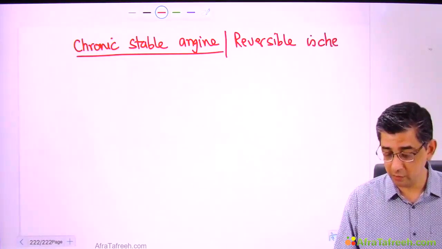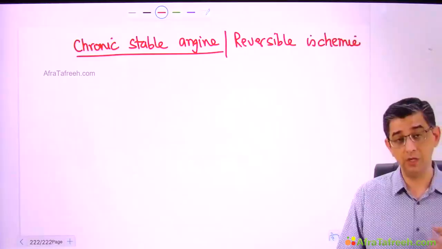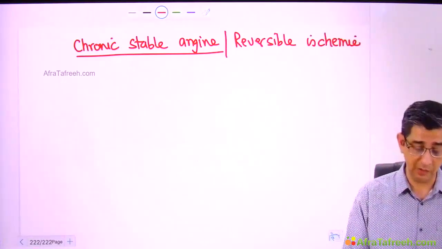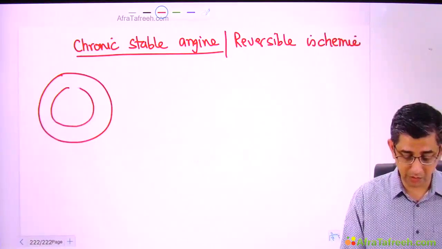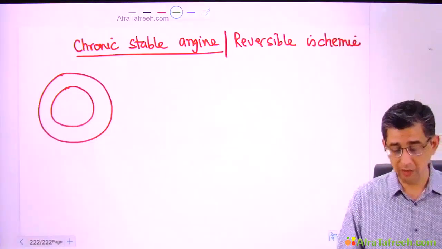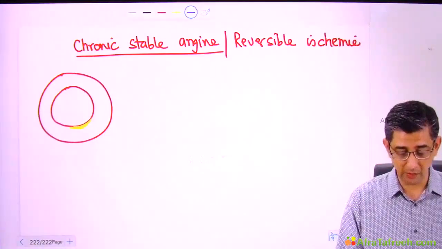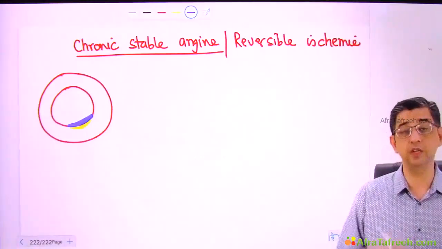Now that itself looks like an enigma, no? Because traditionally ischemia is supposed to be irreversible. So let me explain to you what I mean by the word reversible ischemia here. This particular person is having substantial narrowing of the coronary artery. You see, atherosclerosis begins by involving the tunica intima. Initially, I've just shown fat. Subsequently, I've shown a fibrous cap. And this is the status of this guy when he was in his 40s.